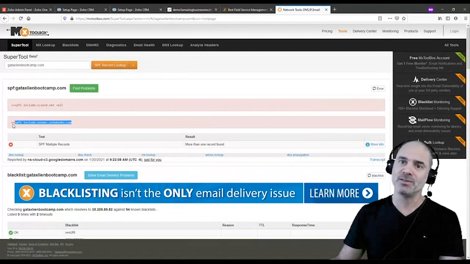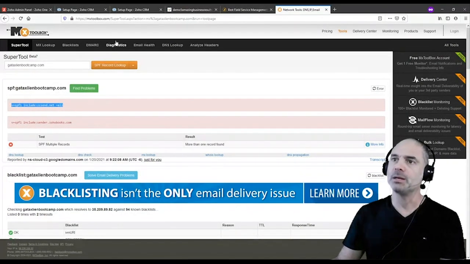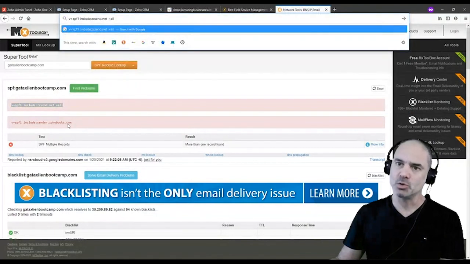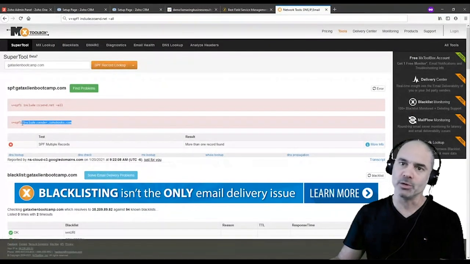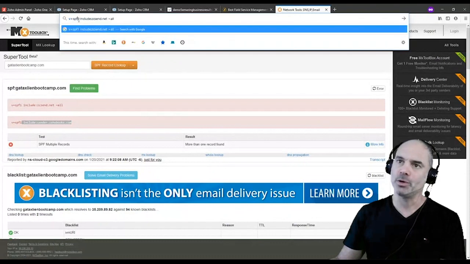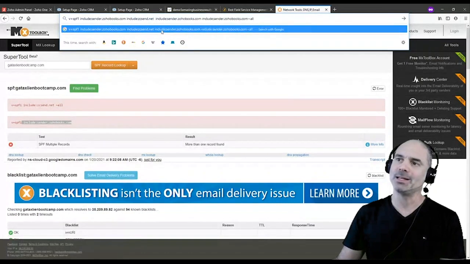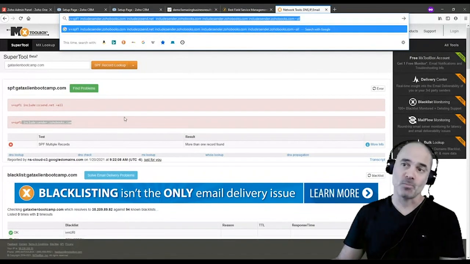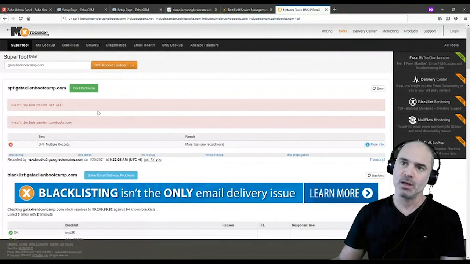So if you have, let's say, 2 SPF records, what you need to do is to have something like that. You basically take those 2 and you combine them into 1. You have the SPF, then some kind of an include, and then another include with another domain, and then maybe another one and another one. But this is the way to do it. So this is what you're missing here. And that for sure will cause you to go to spam, 100%.